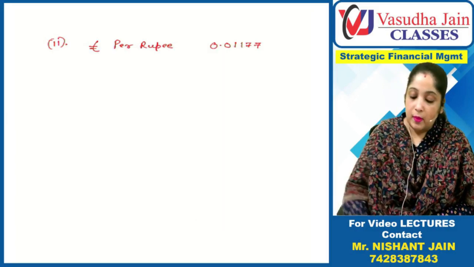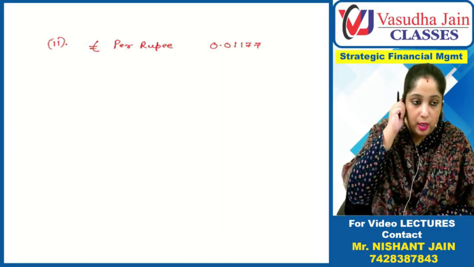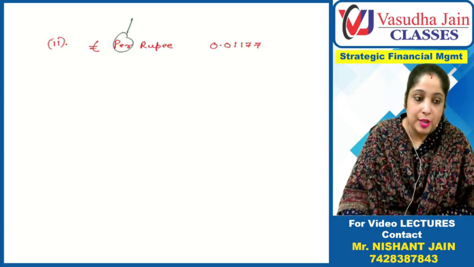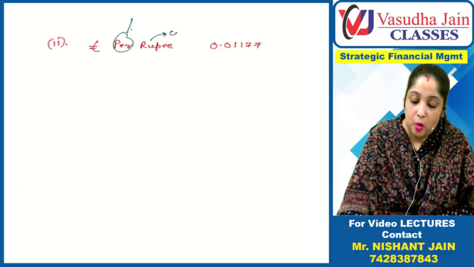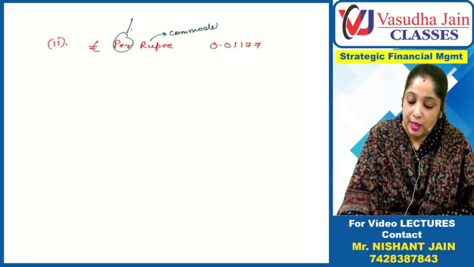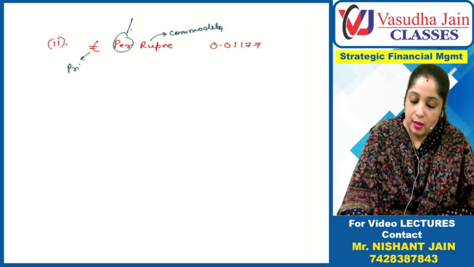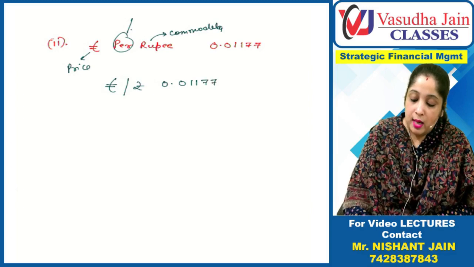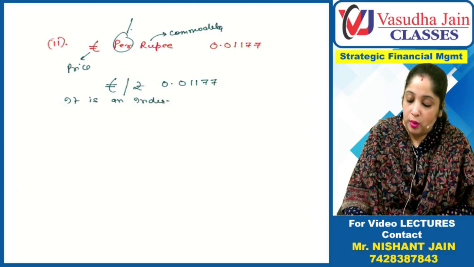Let's write this. So how do you write this properly? You will write like this: euro per rupee, where per represents the slash sign. After the slash sign is the commodity, and before the slash sign is your price. So if you express it, it's going to be like this: euro per rupee is 0.01177. It is an indirect quote